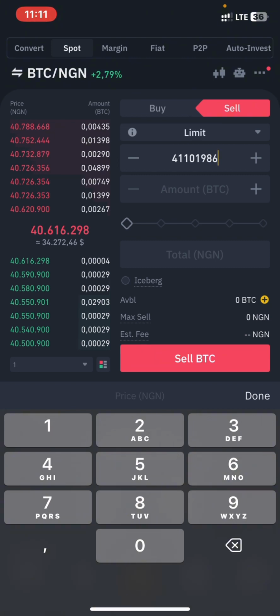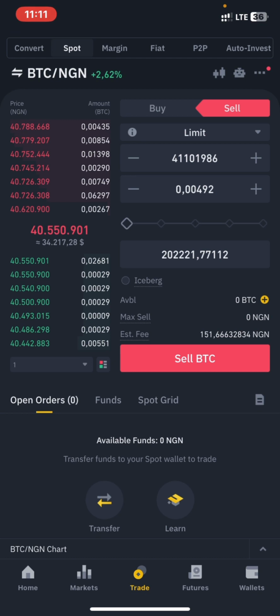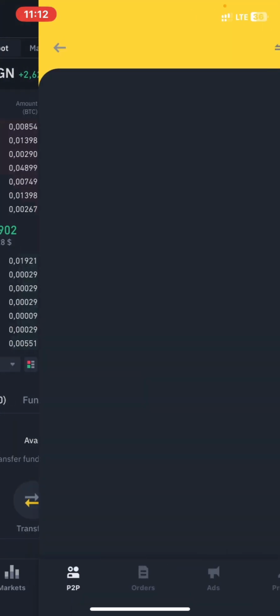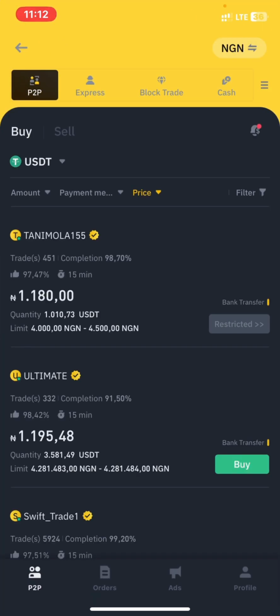That's the price you'll be able to sell your BTC on the P2P marketplace, and you just need to press the amount of BTC you'll be selling in Naira value. And right here, you remember you bought this BTC with 200,000, and immediately you'll be making 2,000 plus profit doing these steps. So right now, you go back to this P2P and again come to this sell option,